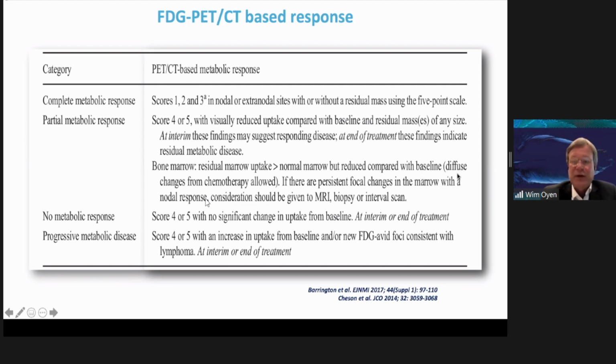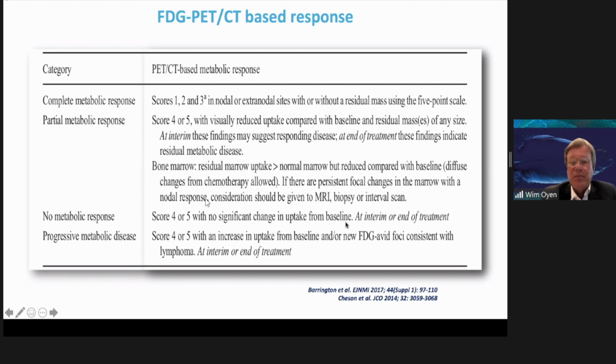Bone marrow is difficult because the chemotherapy also induces changes in bone marrow uptake, so you have to be conscious of that. No metabolic response means that the Deauville score is 4 or 5, but also no significant change in